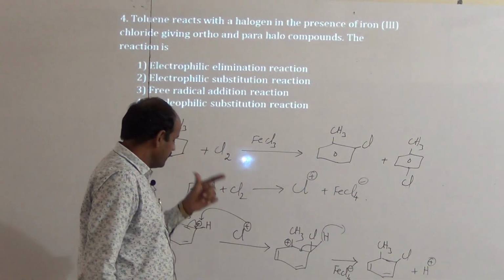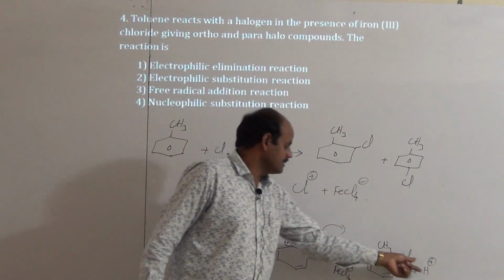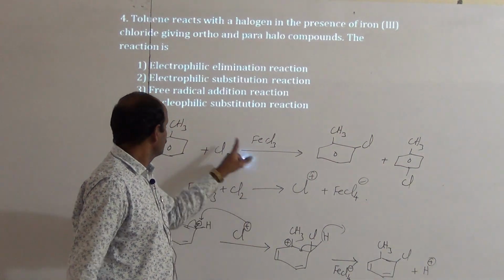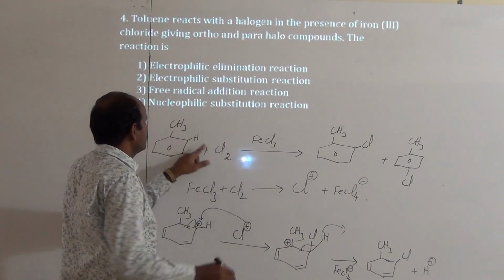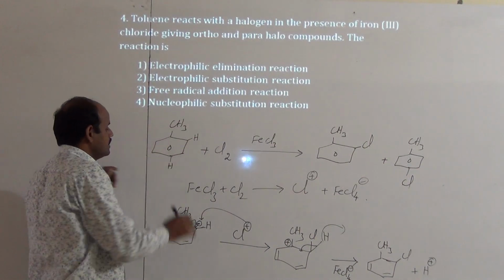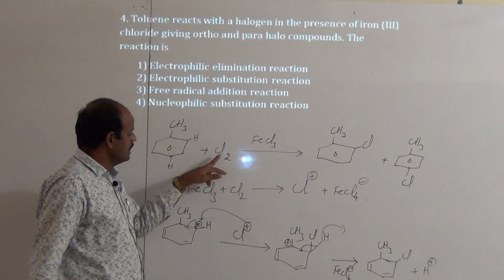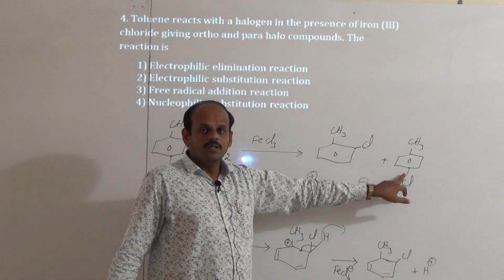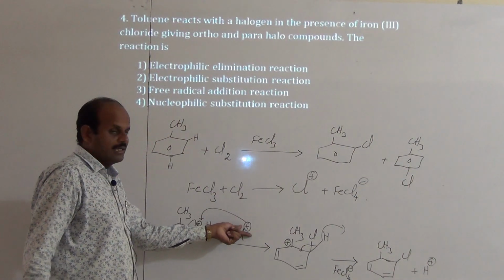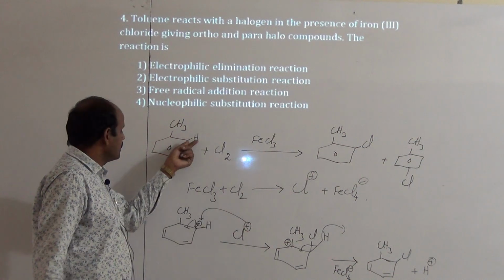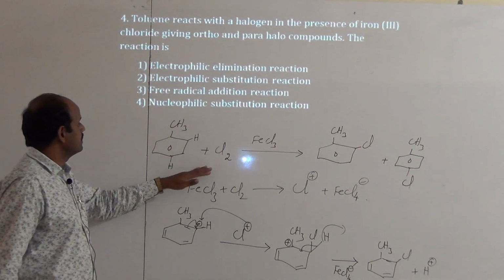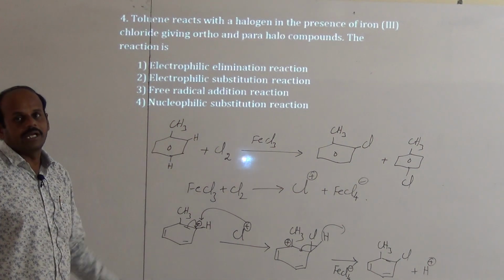That means here H plus ions are replaced by Cl plus ions. Here H plus is there, it can be replaced by one Cl plus. Similarly, if the hydrogen at the para position is involved, here also H plus can be replaced by Cl plus only. Then we get parachlorotoluene. Here plus means, is it a nucleophile or electrophile? Electrophile. Thus one electrophile is replaced by another electrophile. Hence this reaction is called an electrophilic substitution reaction.